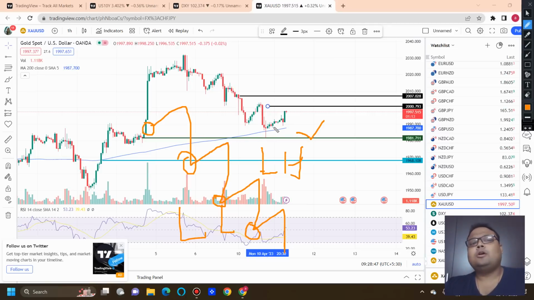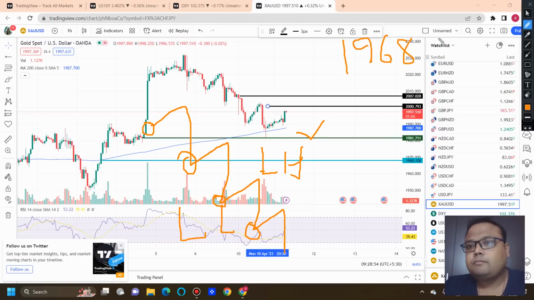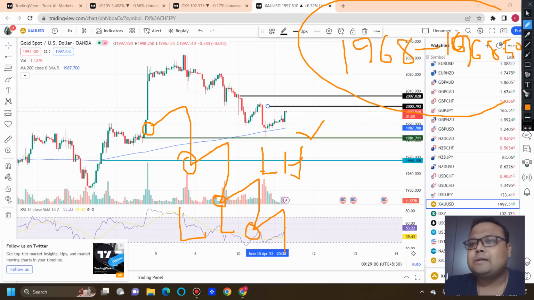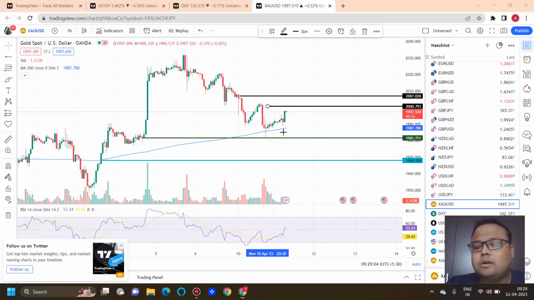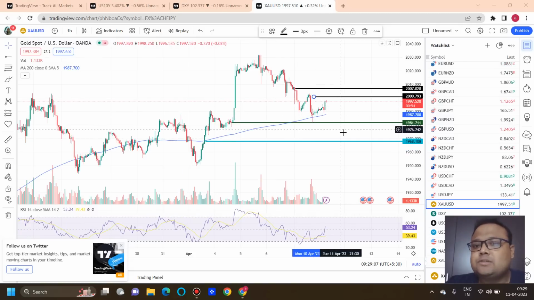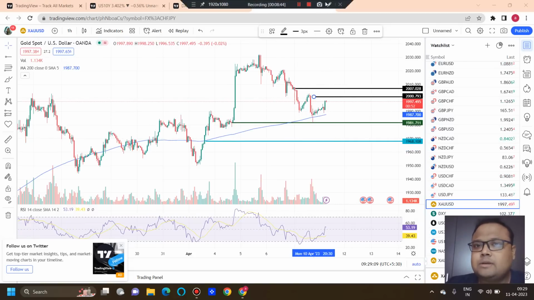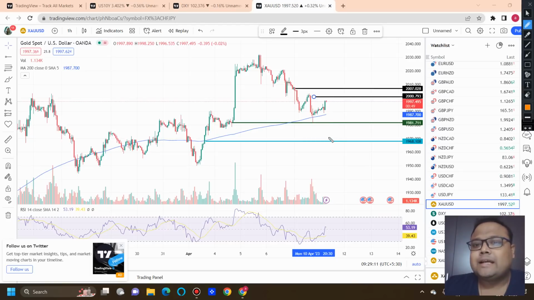The best support, or the best level that I think on the chart of gold, is 1968 to 1968.50. According to me, this is the best level and the strongest support on the chart of gold. If the market starts falling, then we have a good support, and definitely we can expect a good bounce from here. At least we can expect a bounce of 60 to 70 pips,